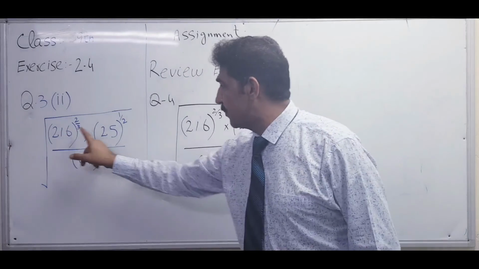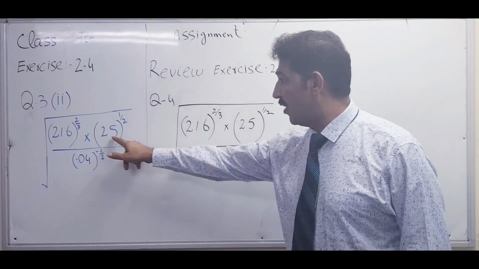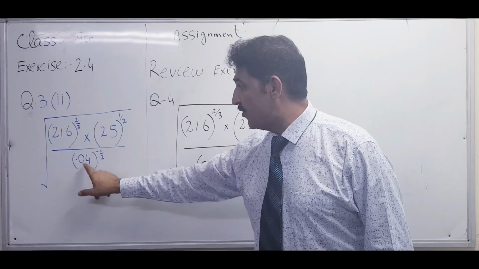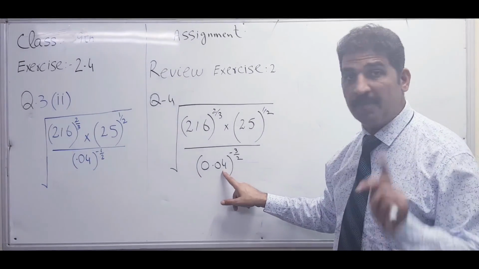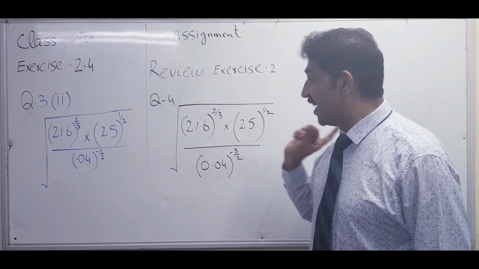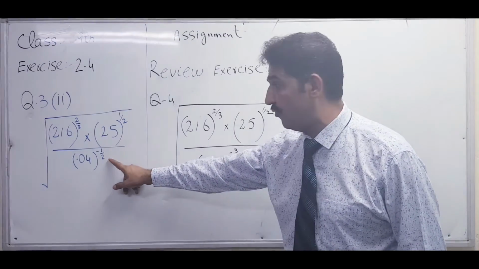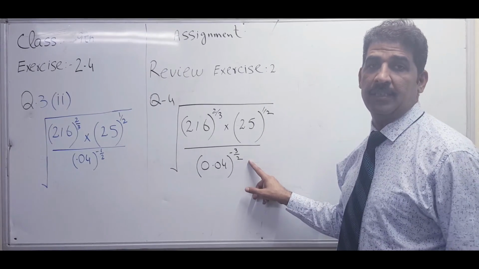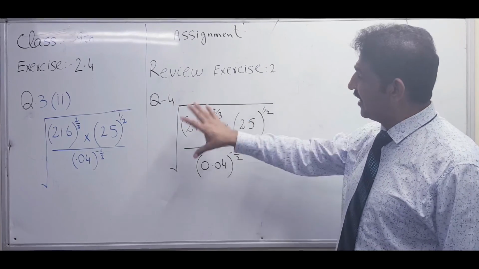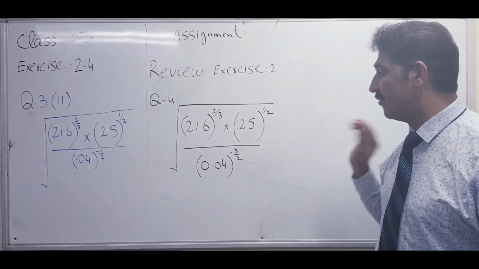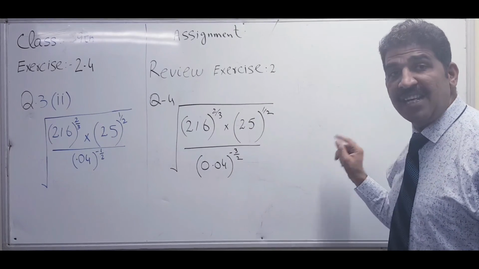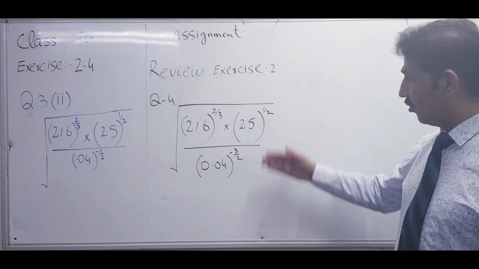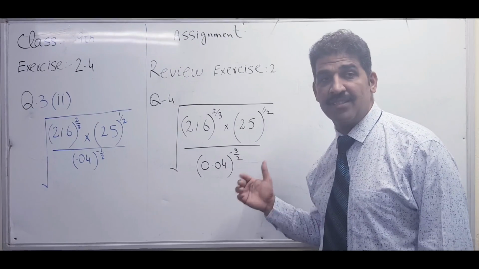See here, 216 exponent 2 over 3, same. 25 exponent 1 over 2, same. The whole third is also the same. 0.04, same meaning. Negative sign is also the same. But what is the change? Here its exponent is minus 1 over 2 and here its exponent is minus 3 over 2. That is the little bit of change. Factors are the same, every procedure is the same, you just have to change a little bit in the last 2 steps of the previous question which we solved. Solve it and show me what the answer of this question is.